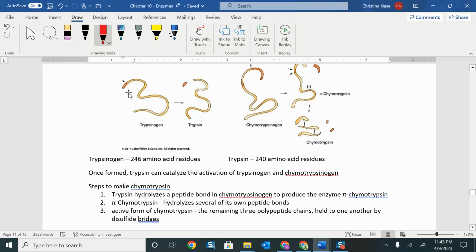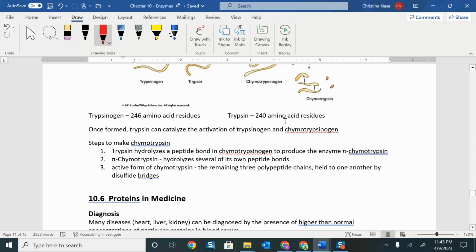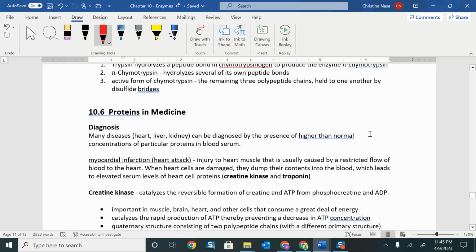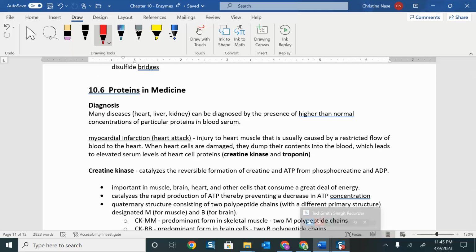So you have the trypsinogen, that's your inactive form. Then you make your trypsin, and all you have to do is hydrolyze these couple residues here, get that out. Now it's active, undergoes a conformational change, and then it activates the rest of this process to get your digestive enzymes into their active form. And so that's going to happen in the small intestine. They're made in the pancreas, but then they would kill the cells that made them if they were